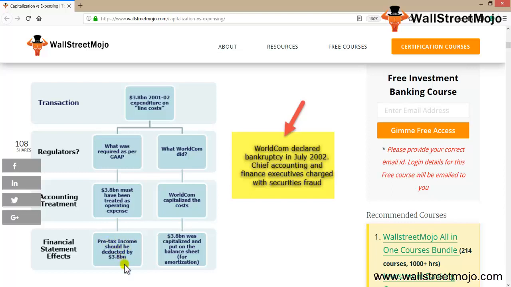And what was the financial impact of the same? The income over here should have been deducted by 3.818 billion. But over here, the 3.8 billion was capitalized in the balance sheet, due to which there was window dressing. So this is why it is really very important, from this very example, which is WorldCom that happened in July 2002, we need to learn something from this, and we need to be very vigilant regarding this particular